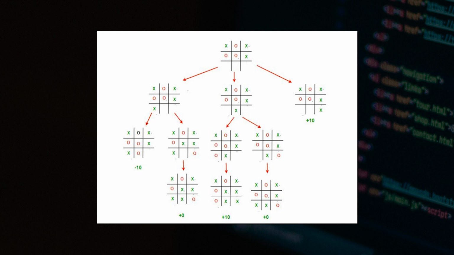So we have explored it. So cross 0 cross, 0 0 cross, then cross cross 0. So we have plus 0 value, and the remaining exploration is cross 0 cross, 0 0 cross. So we have blank blank cross, so we have the value plus 10. Then finally we have to come to another level where we have the final values 0, plus 10 and